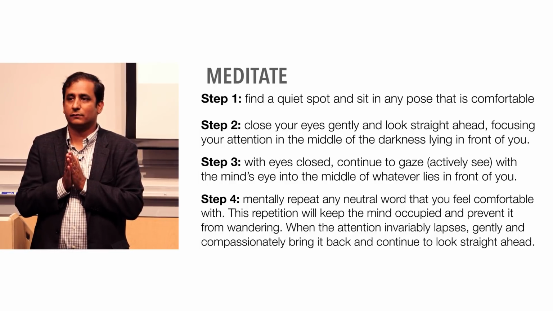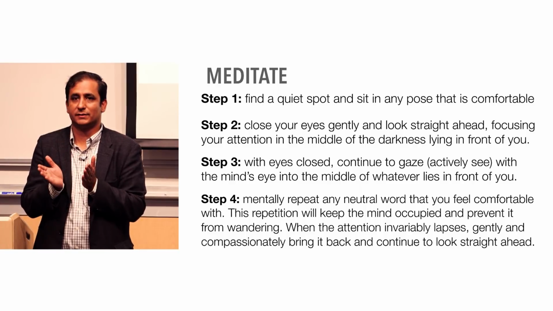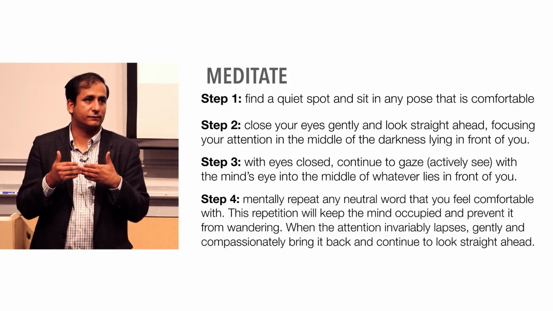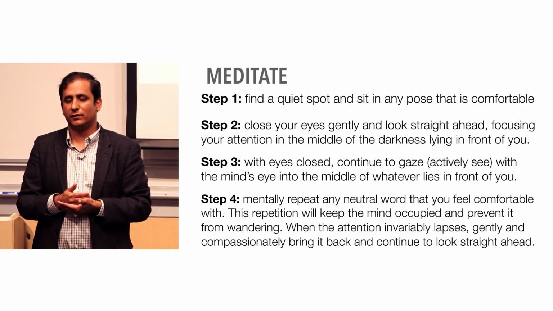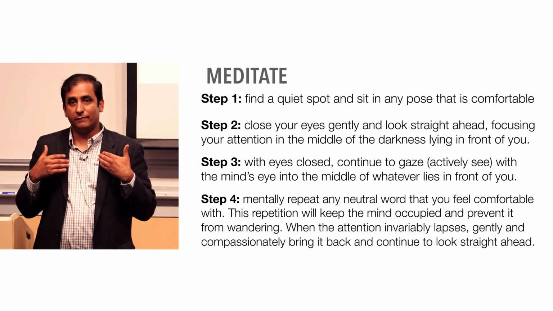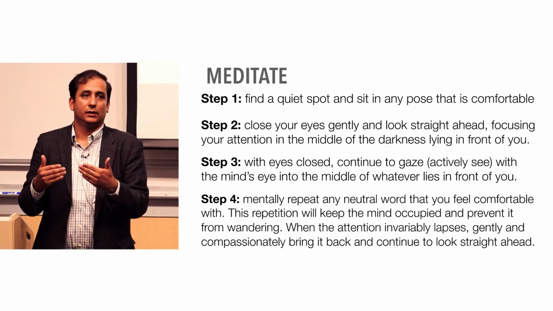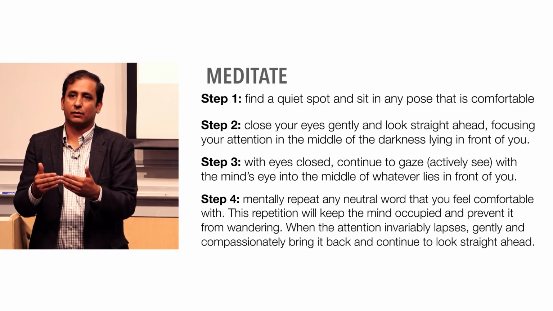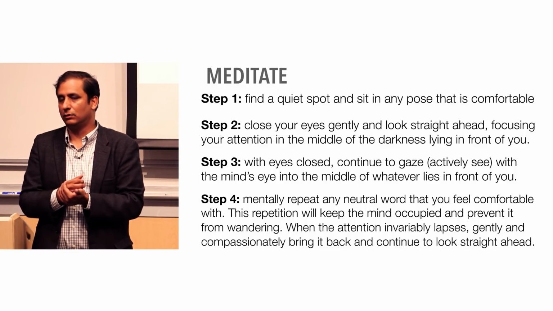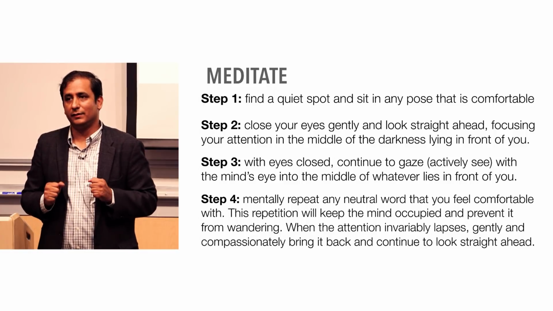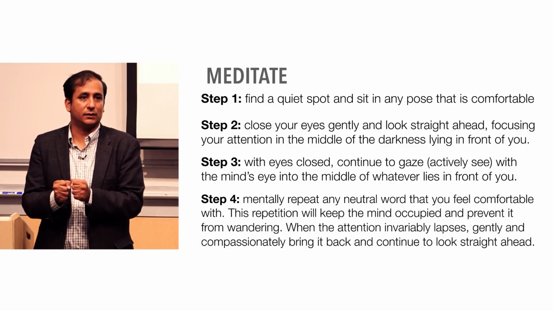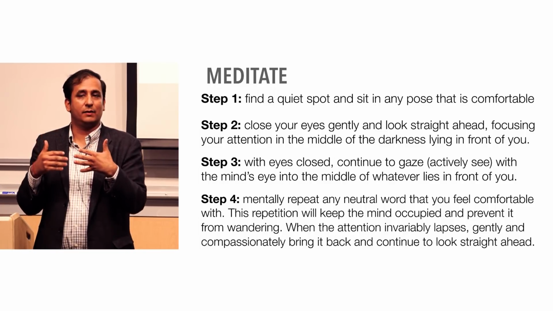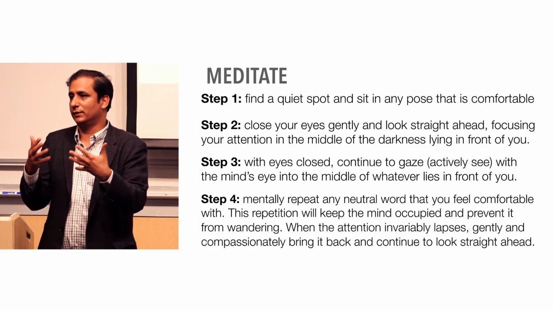Meaning, if you close your eyes, think of the darkness as a movie theater where the movie hasn't started yet. And it's pitch dark, and you're just focusing on whatever there is. But you're actively aware, meaning you're asking yourself, okay, what do I see now? Okay, it's darkness, maybe there's some light. What do I see now? And you're aware of what you're seeing. So you have a task to do, as opposed to just saying, okay, think of nothing for the next 10 minutes. Or don't think of a pink elephant. It's very, very hard. In this case, you're saying, I'm actively looking at the darkness, and I'm there with the darkness, and whatever is in front of me, and then I'm aware of it. So when I get up, I can say, oh, I saw this or that, and so on and so forth.